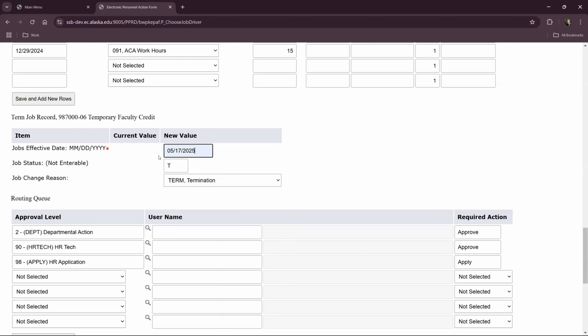Then again, this is for a normal semester length assignment. If your course ends earlier, then you'd use the relevant end of pay period date that covers the end of that assignment. The next field is not enterable and defaults in. Job change reason should always be left at term. So the job change reason reflects that this is a termination record.